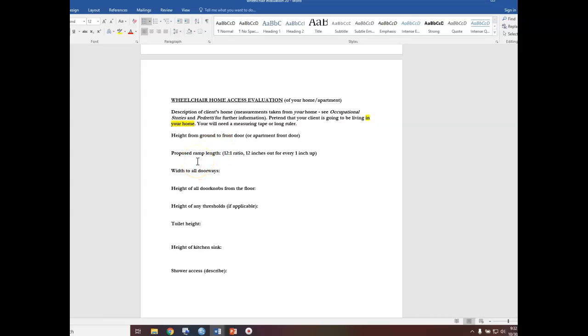The proposed ramp length is 12 inches out for every inch up. We'll talk more about this in the lab, explain this to you. But let's say it's 24 inches from the ground to the bottom of your front door. Your ramp will be 24 feet out. So it's a foot for every inch. So again, if it's 24 inches from the ground to the bottom of your front door, your ramp will be